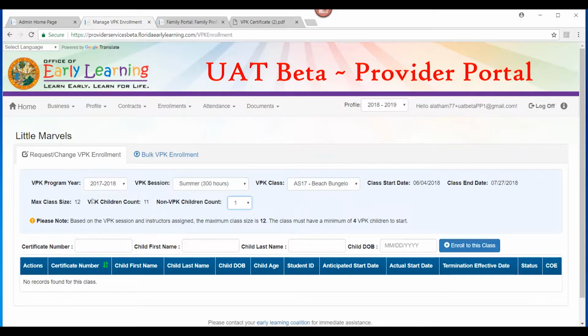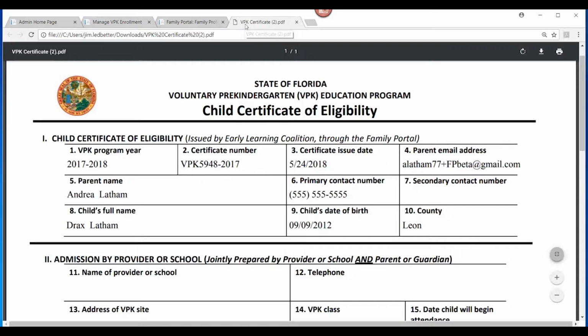As you can see, the max class size remains 12, the VPK children count cannot exceed 11, and there is one non-VPK child. At this point, the provider has their VPK provider application approved with their classes verified. These are the classes that we saw here in the drop-down. They've also been receiving certificates of eligibility from parents. We'll look at a certificate for a child,